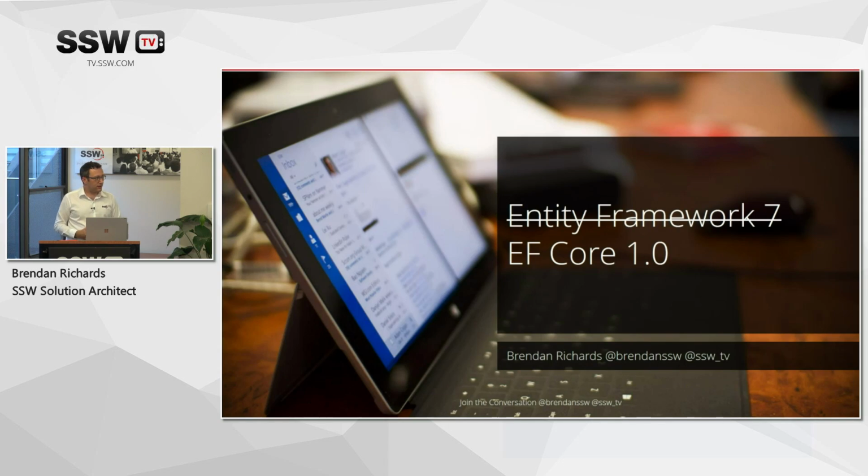My talk is on what was a short time ago Entity Framework 7, but has now been renamed EF Core, or Entity Framework Core 1.0, mainly to keep in sync with the new .NET Core stuff that's coming out. So there's often been a name change, and through the history, you'll see in a minute the history of Entity Framework, they've changed the name to match the name of something else, and that's what's happening here.